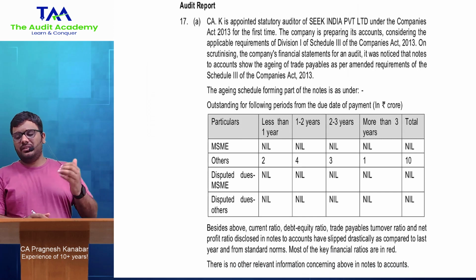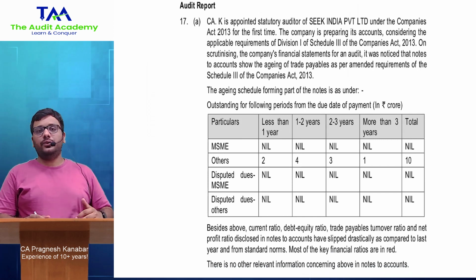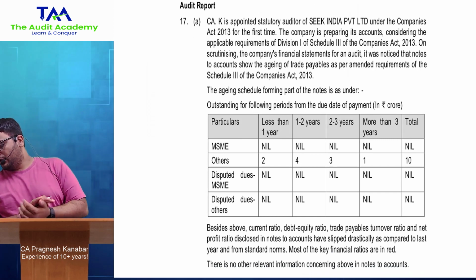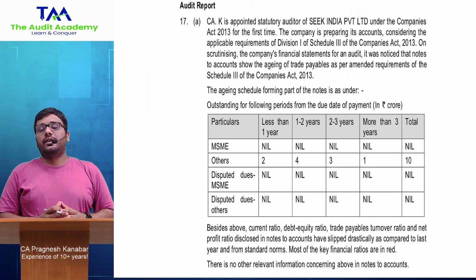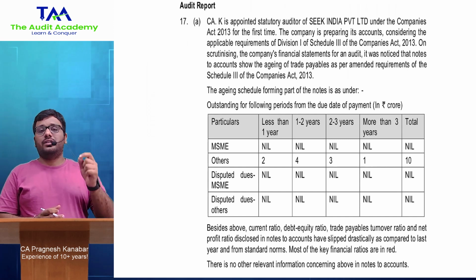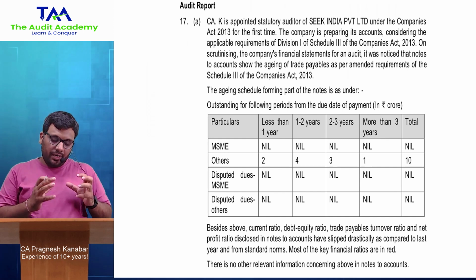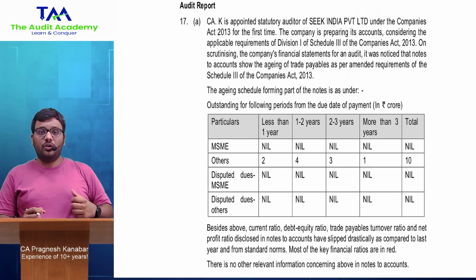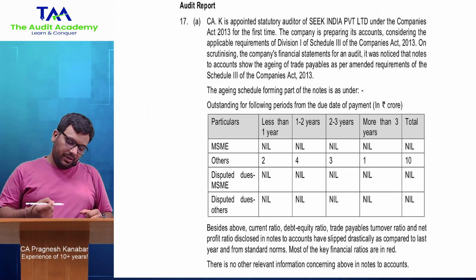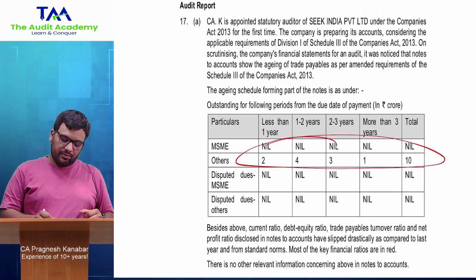Now, question number 17 अपना एक बहुत ही patent question है. What I will do is I will ensure that I want to keep this video short so that people are able to revise it. So मैं आपको फटाफट briefing दे देता हूँ. Question number 17 के अंदर, when you look at the whole question, you will realize, all right, that the company is not able to pay its creditors.